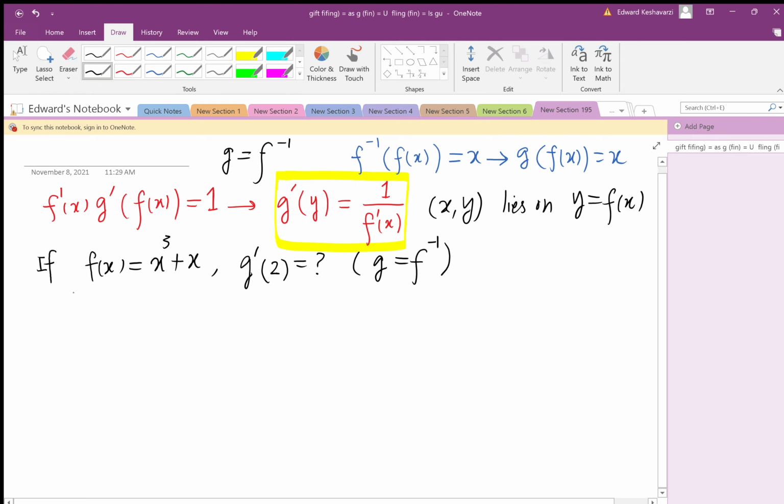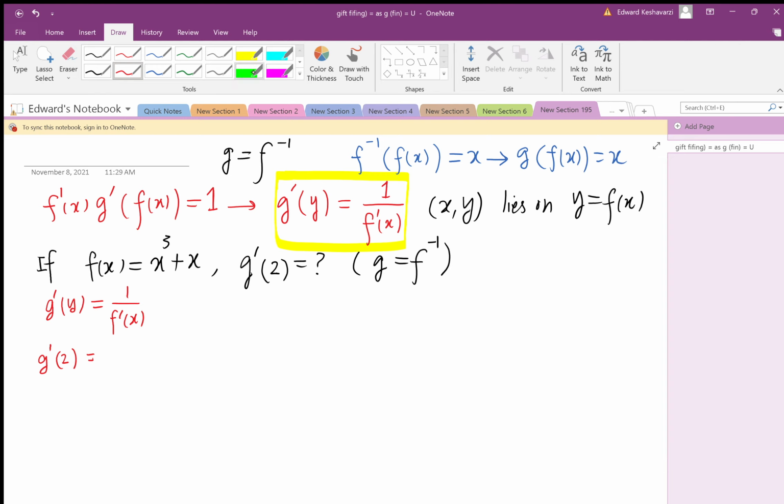So I'm going to copy the formula here again. It says g prime at y equals 1 over f prime at x. Now we are looking for g prime at 2. By comparing these two,